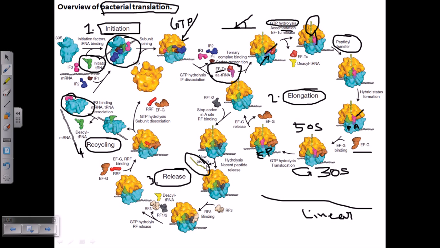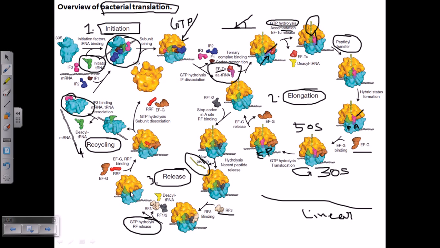Okay, so now after the release of the new protein sequence, what we get is a complex of 30S and 50S. Now in this case, another type of release factor, called release factor 3, will come in and bind at these specific regions. Previously bound release factor 1 or 2 is also present. It will dissociate and destabilize the complex, and it will also bring some GTP here, right? Because remember, RF1 or RF2, whichever comes in, comes in with a GDP molecule. Once RF3 comes in, it will bring GTP in its place. So GTP will replace the GDP that was present previously, and then the GTP hydrolysis will be done.